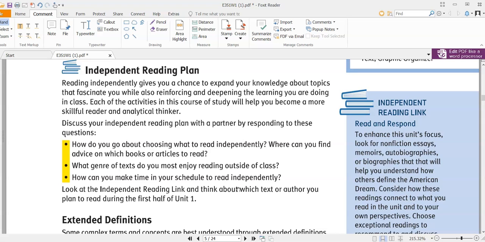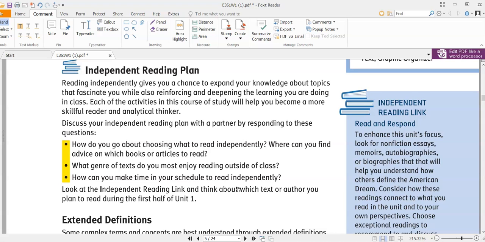So it's also kind of akin to eating vegetables. A lot of people don't like eating vegetables. I know I used to be one of them. But you have to eat them anyway if you want to grow strong. It's the same thing for reading. You have to read if you want your brain to grow strong. So I want you to try to find 30 minutes a day to read.